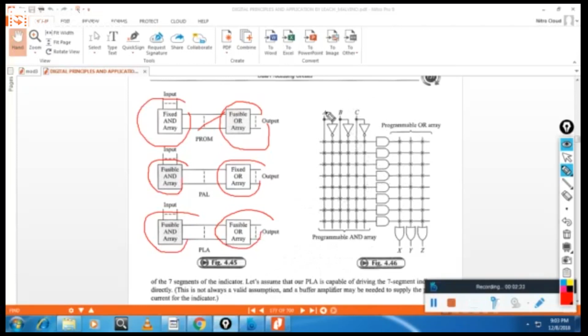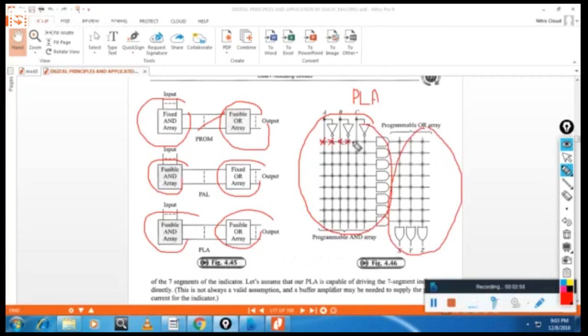This is the general configuration of a PLA, programmable logic array, where it contains an input array of AND gates and an output array of OR gates. And these star marks are called fusible links.